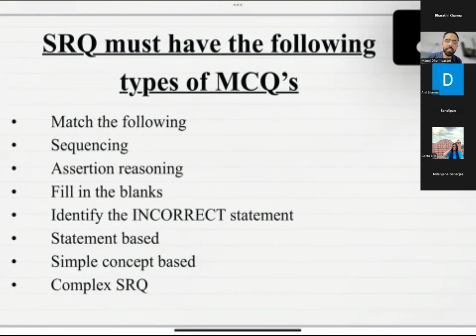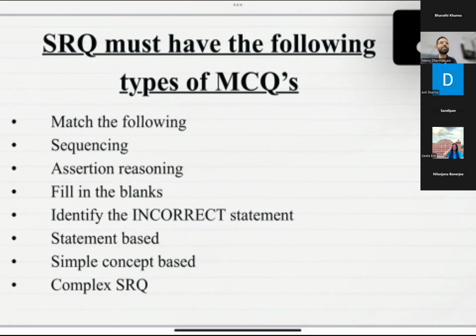Then the next question could be framed from a topic which has multiple categories of answers or multiple categories of topics. Like in chapter 4, we have the topic types of plan. In this category, we can frame the question so that on the left side we put 4 types of plan. It could be any type, like rule, objective, policy, procedure, budget. It could be anything. And on the right side, we can give their core lines to identify that particular topic. So this will give them a detailed view.